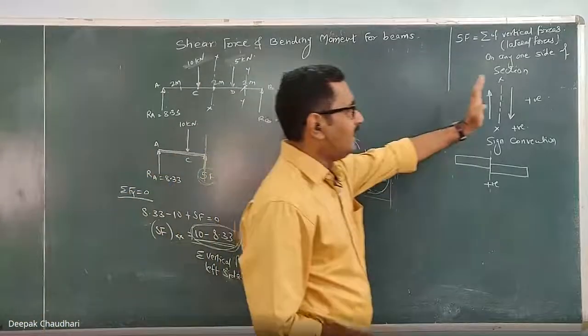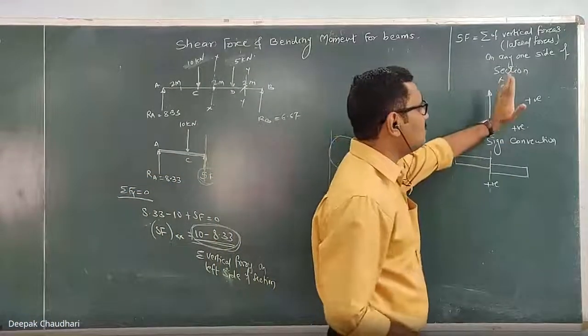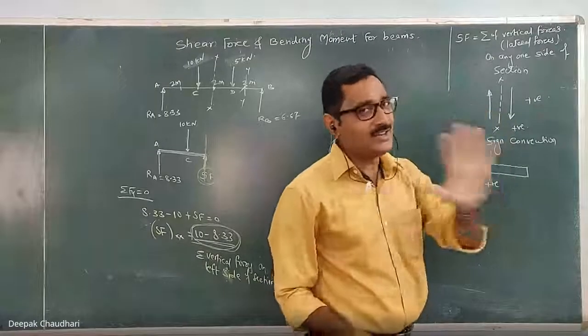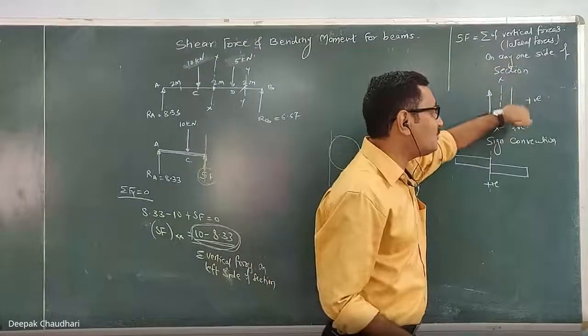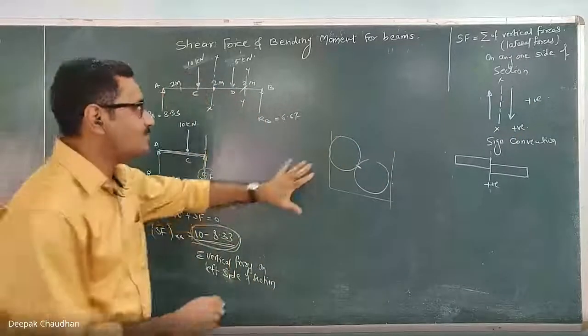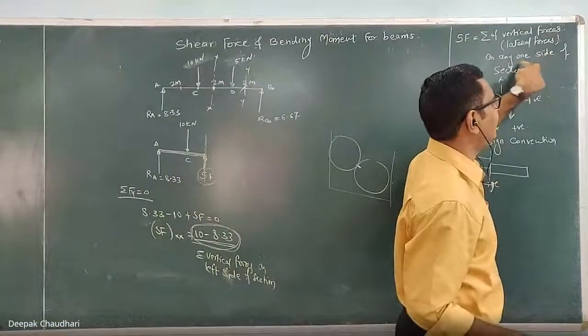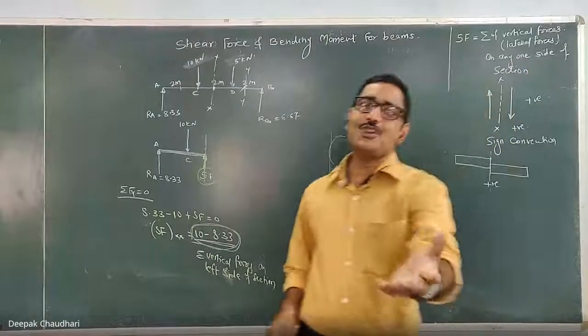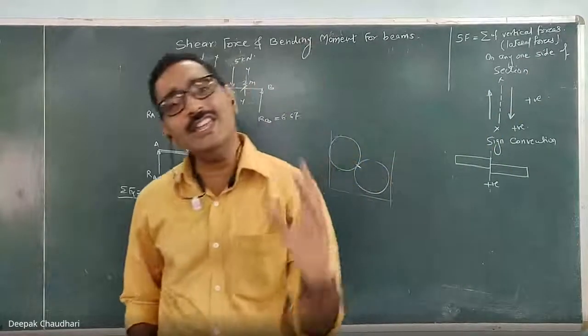Understood? Here on the left hand side, upward force is positive, meaning downward force is negative, and on the right hand side, downward force is positive and upward force is negative. Okay, because you have to take the algebraic summation on any one side. If you have the choice to take the algebraic summation of the forces on any one side of the section